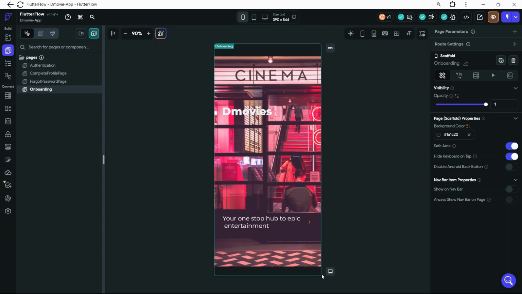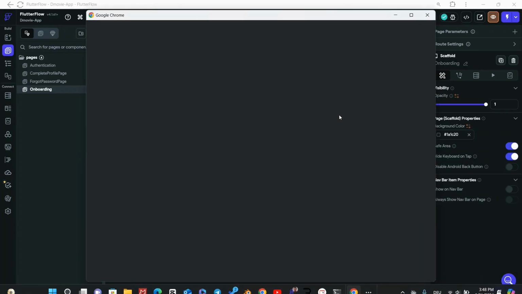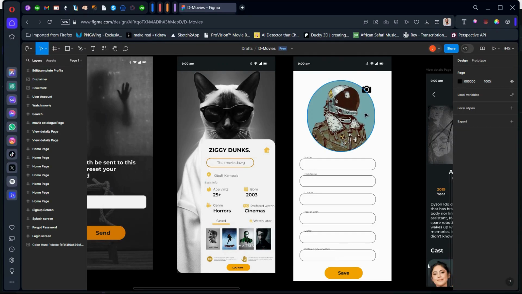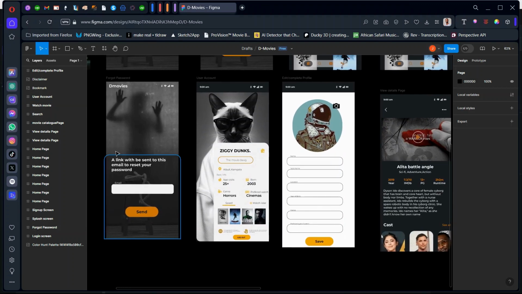So I know I've been releasing a lot of time lapses of late, but today we are going to be creating the profile page, which you can see right here. Sorry about that, I have a lot of tabs. So we are going to be recreating this profile page, as you can see. If you notice, we have created these other two,